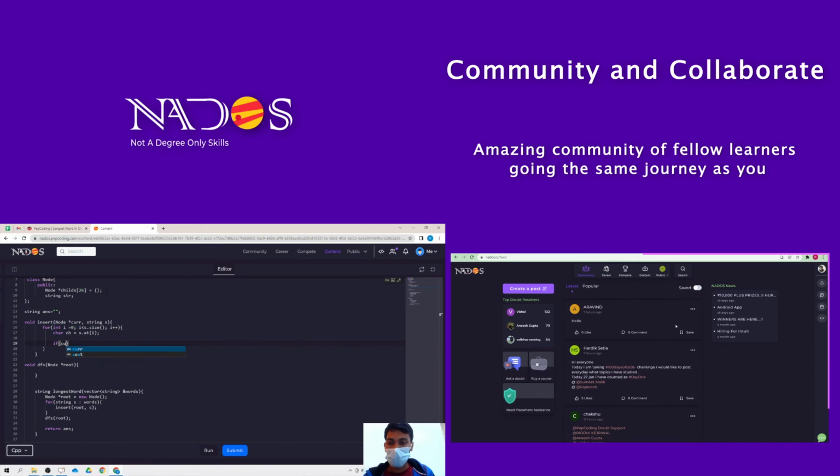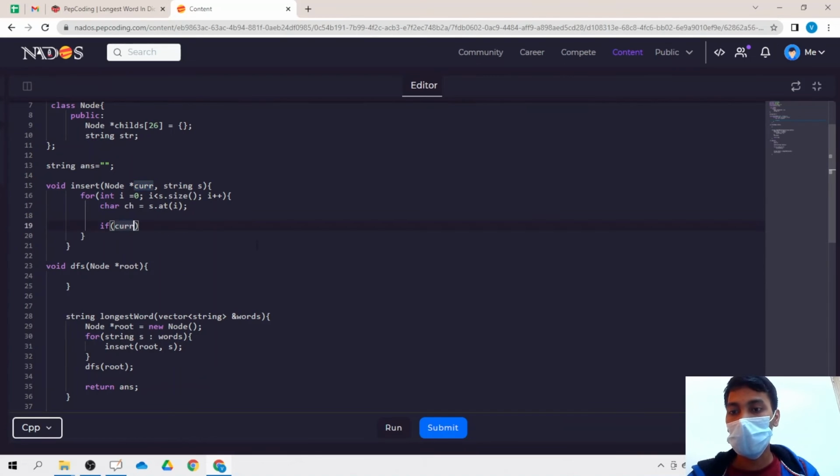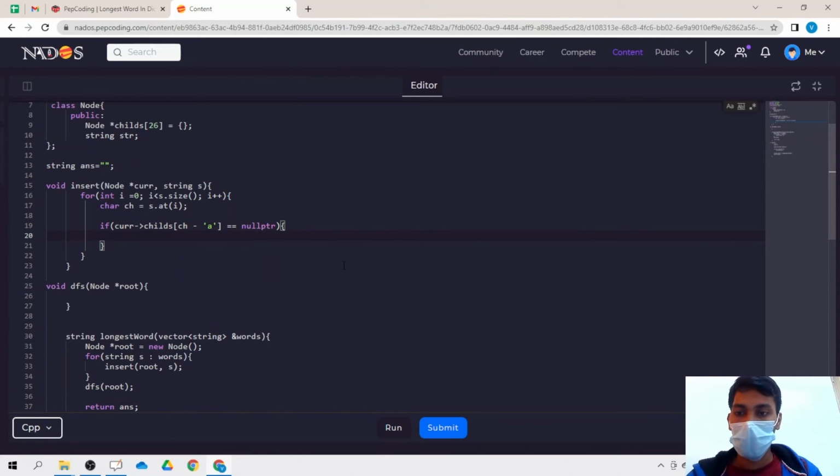If this current node that we are receiving from here, if this current node's child doesn't have this character, let's say it is null, then what do we do? Then create a new node of the same thing, that is equal to